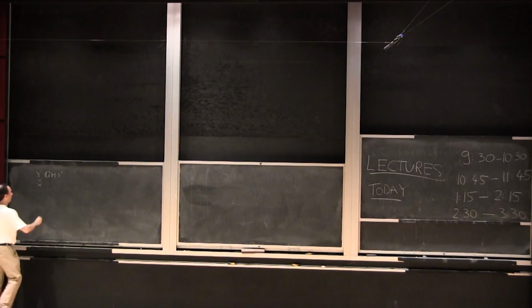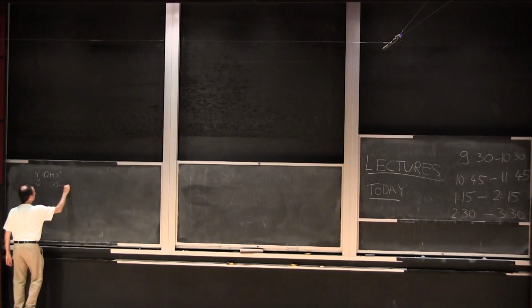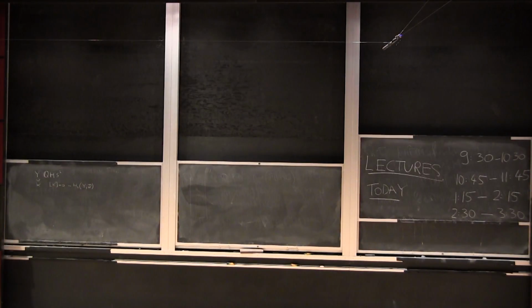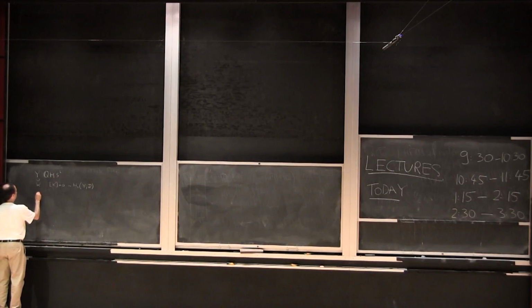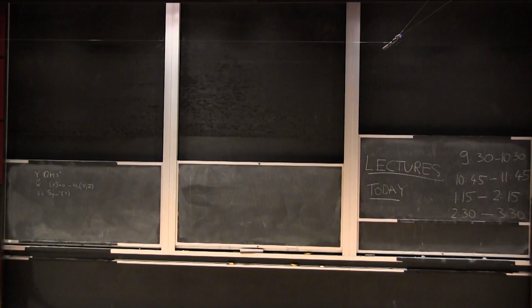For simplicity, I will always assume that the knots are null homologous. And the third structure we should pick is a spin C structure on the three-manifold. So whenever you have such a triple,